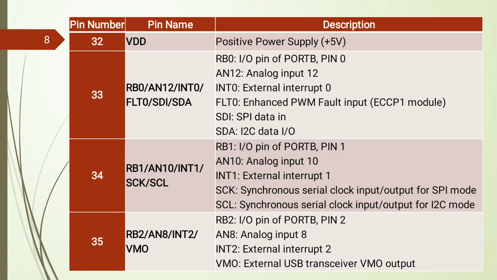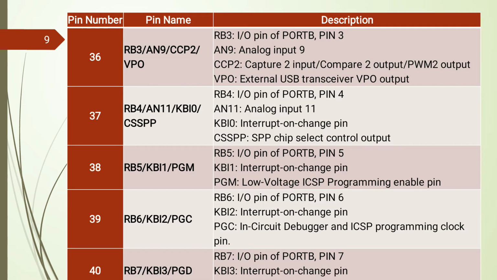After that, for SPI and I2C communication, SCL, SDA, SCK and SDO data lines are used for various applications, that is serial data in, serial data out, and data synchronization. In case of I2C, SDA is the data line, so receiver application IO is there, and in SPI, separate data in and data out lines are there, and clock lines are also used. So these are the pins related to the lower nibble of port B.